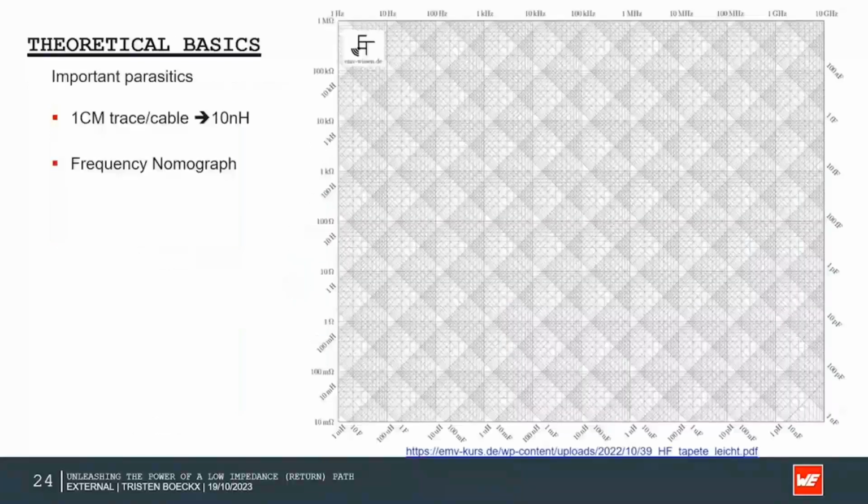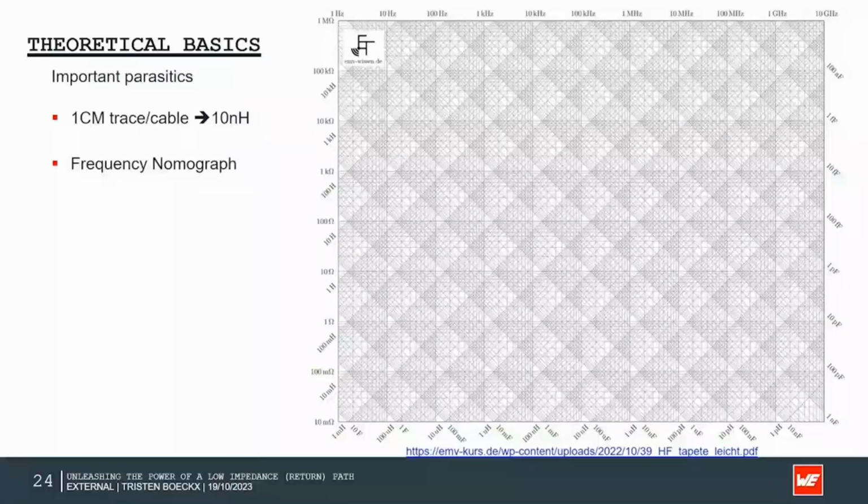To give an idea how big those parasitic impedances of the inductance are, we use a frequency nomograph. This is a graph to quickly identify the corresponding impedance value of an inductance or capacitance. The horizontal lines show the impedance, the vertical lines the frequency. The diagonals starting in the top left corner are the capacitance, and those starting in the top right corner are the